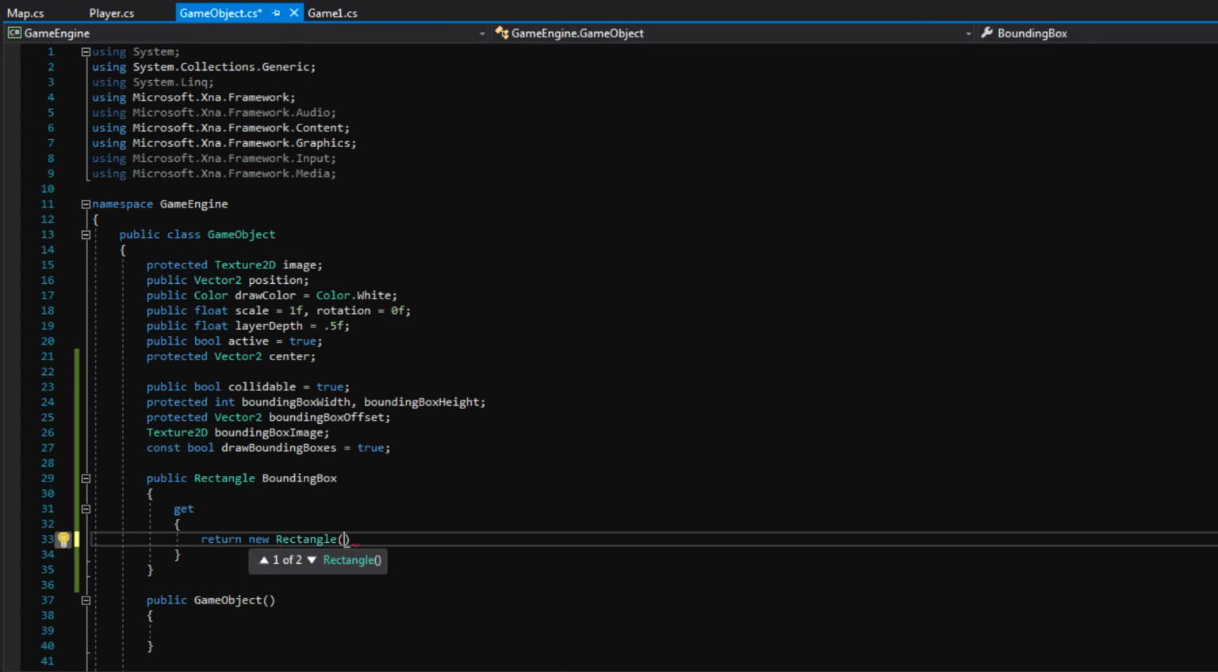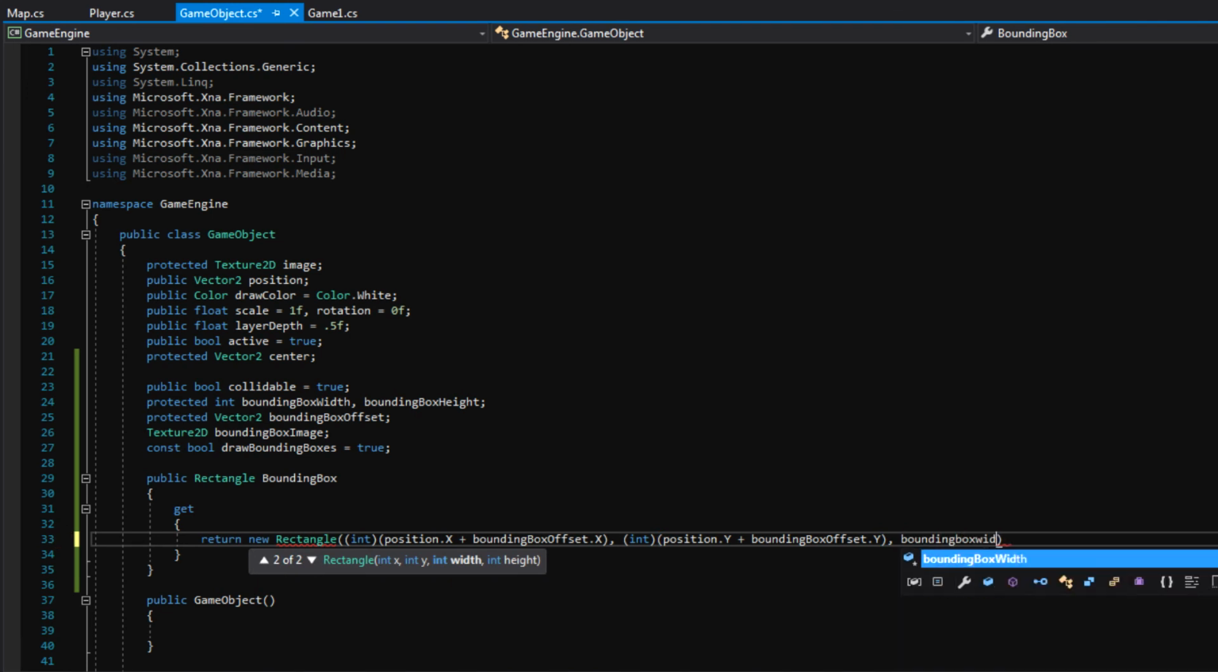Here we will just build our bounding box like normally. The x position of our bounding box will be an int, and we'll make a second set of parentheses here, and inside this set of parentheses we will say position.x plus bounding box offset.x, comma, outside that parentheses, and we will now say int, parentheses. Inside of the second parentheses, we'll say position.y plus bounding box offset.y, comma. Here it's asking for the width and height, so we'll say bounding box width, bounding box height, with a semicolon